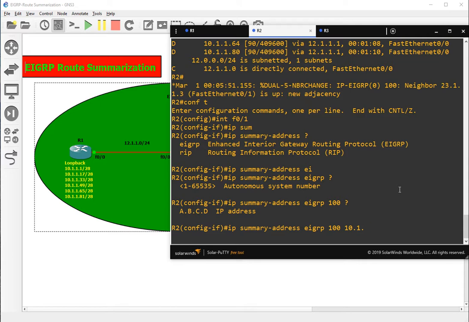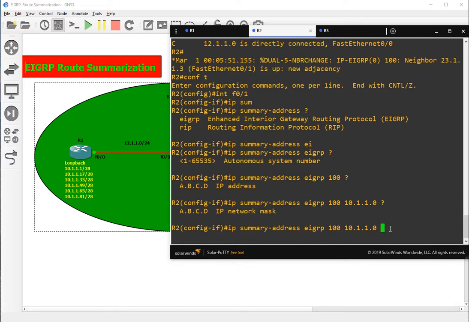Summarization is happening in the last octet. So 10.1.1.0, and the mask will be 255.255.255.128, right?